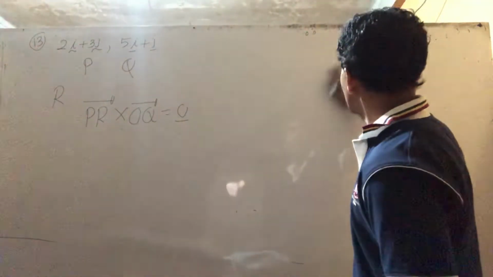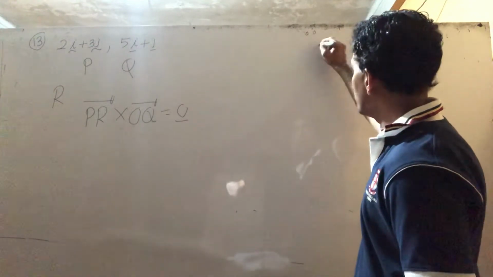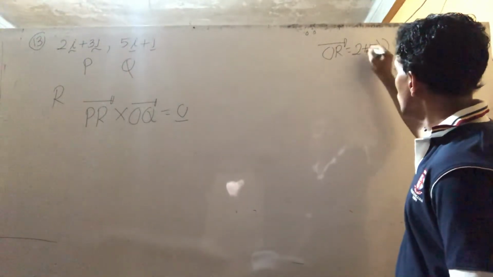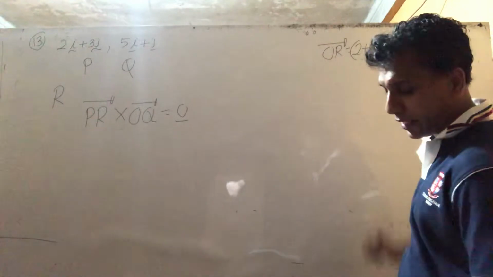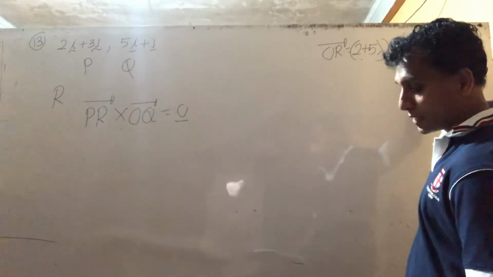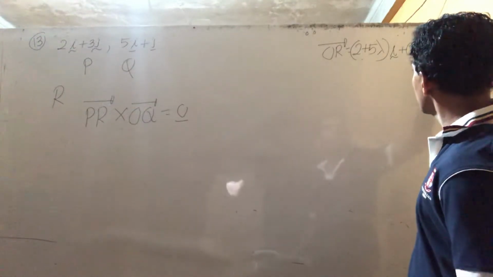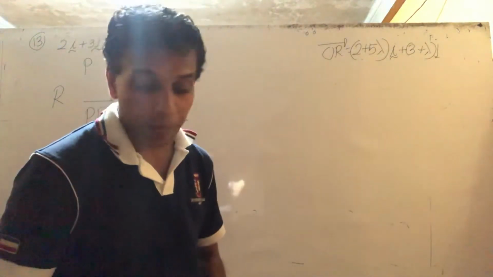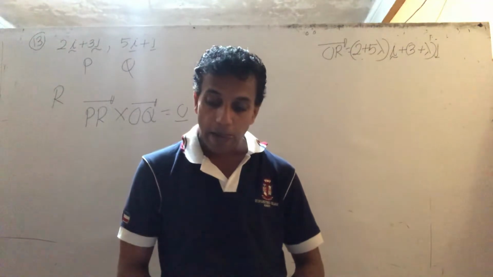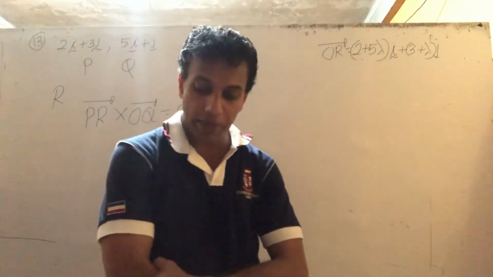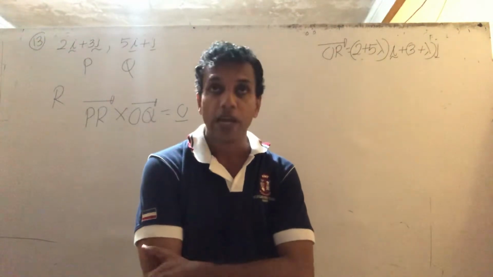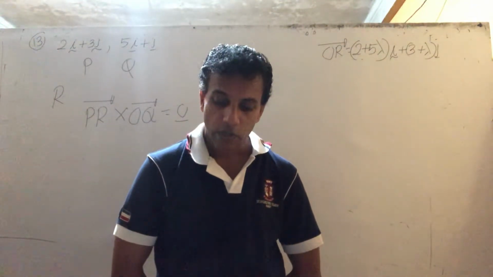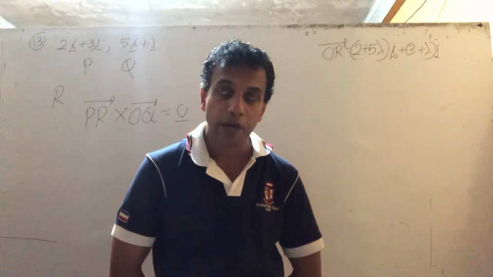Show that OR equal 2 plus 5 lambda into vector i plus 3 plus lambda into vector j, where lambda is a real number. Full stop. Find the value of lambda